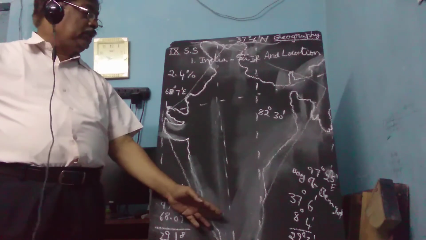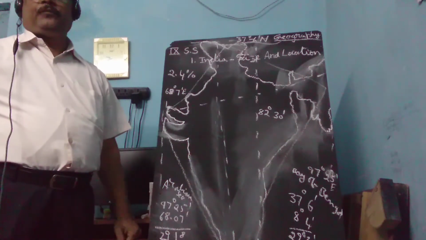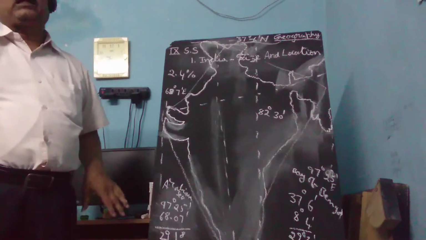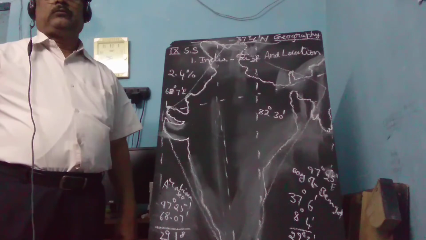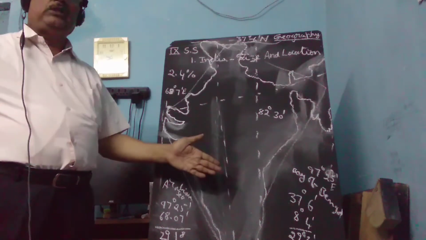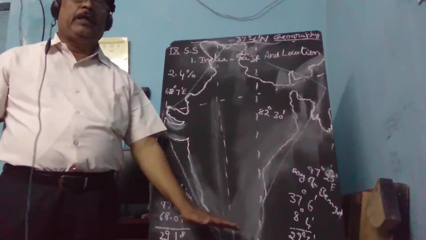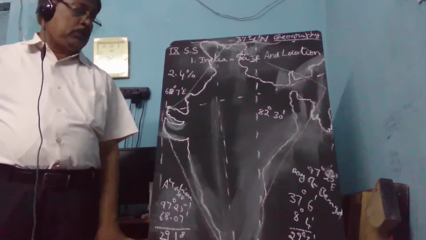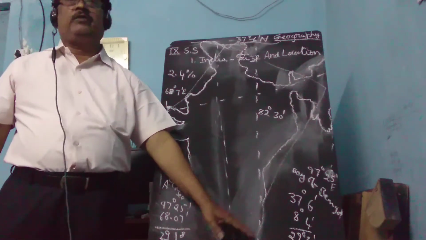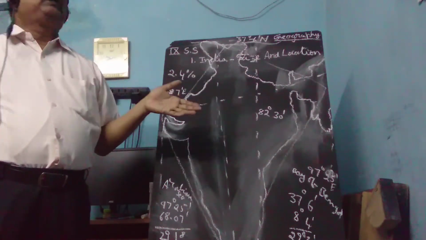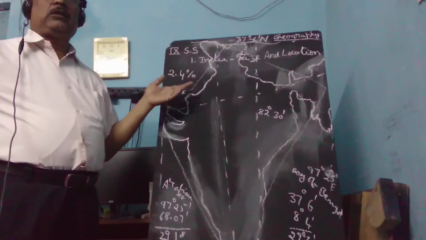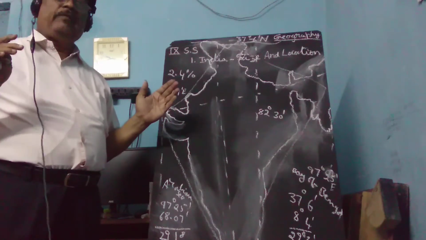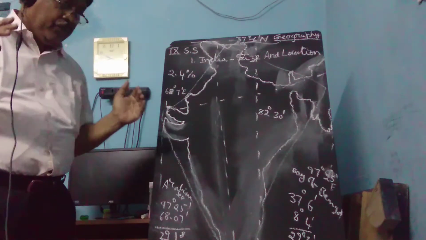Whereas what is the strategic importance of the sea route? This Indian Ocean links the Pacific Ocean and Atlantic Ocean. Those who want to go from west to east should go through the Indian Ocean, in which India is protruding. They have to touch the southern tip of India, then only they can go. So, by seeing both the ways, north or south, India's location has a strategic importance.